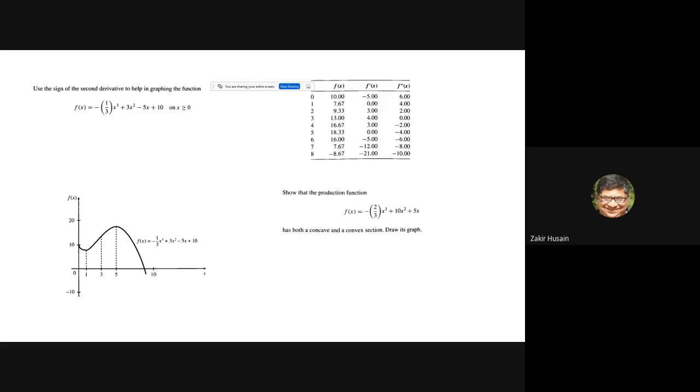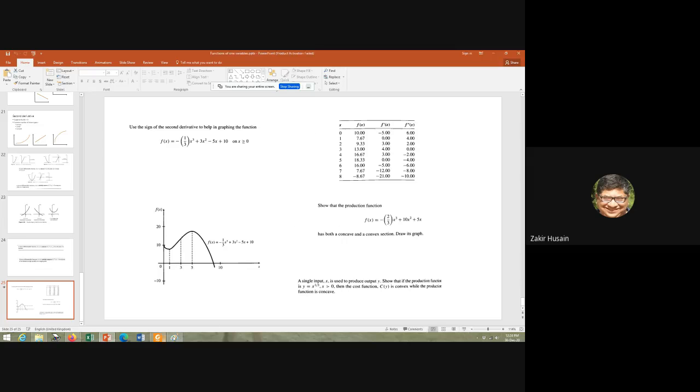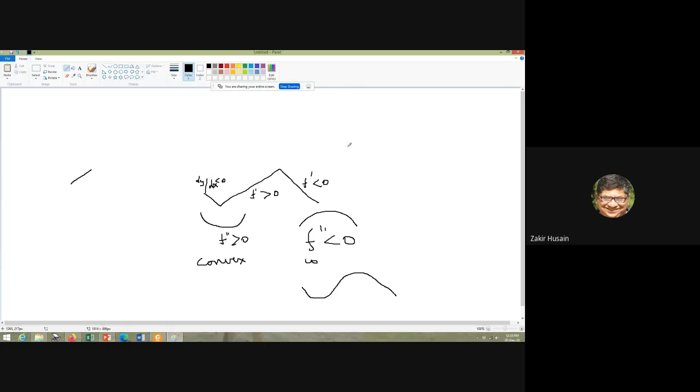So the slope will be negative. At 11 the slope will become minus 17, negative. So initially it is going to be an upward rising curve, then it is going to be falling. So inverse V shape, right? Now if you take the second derivative, before that, it is going to be like this. Now the second derivative is,